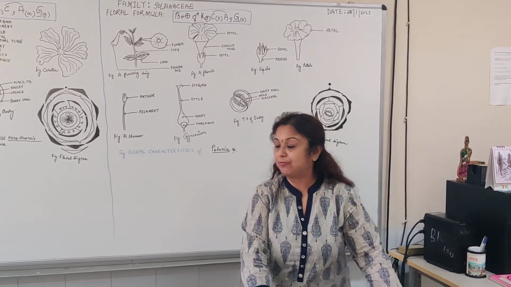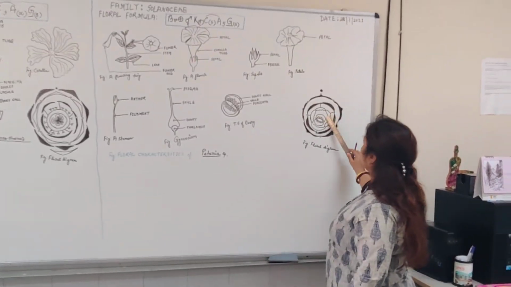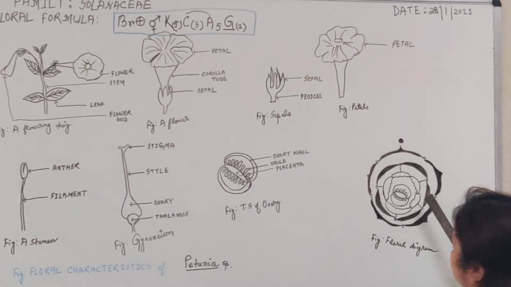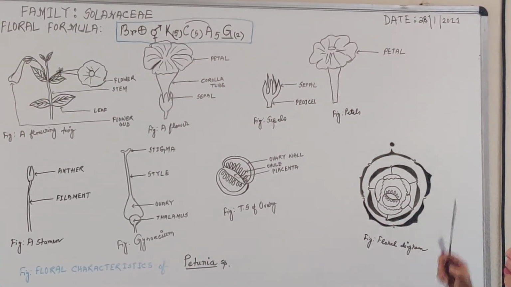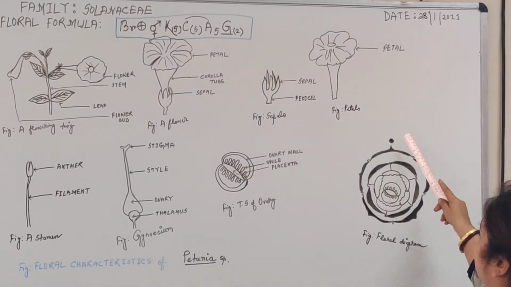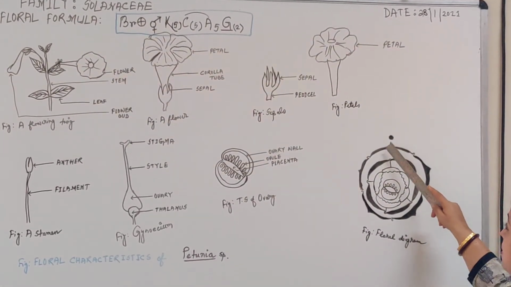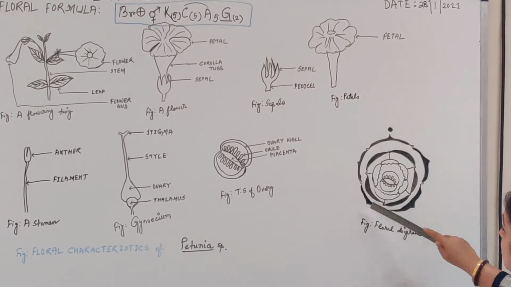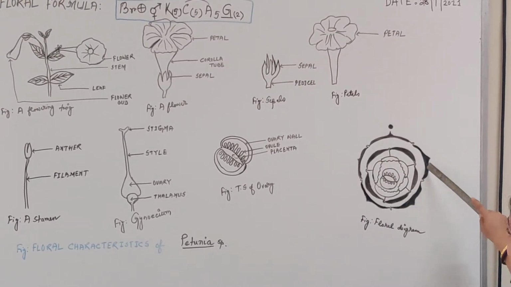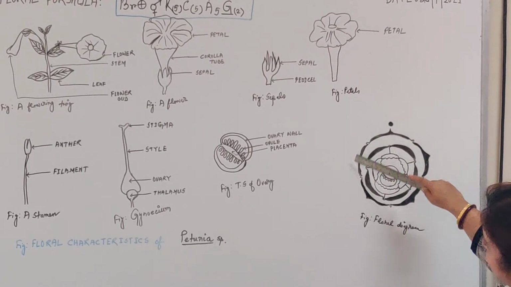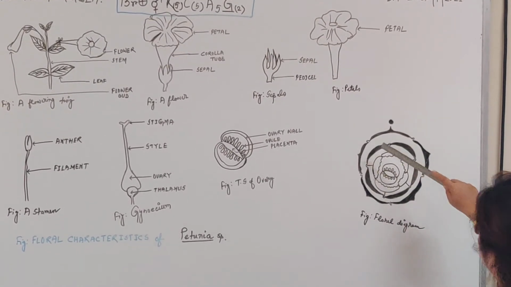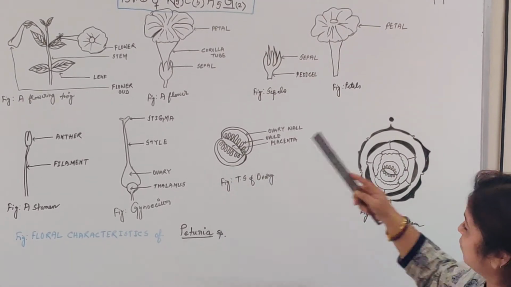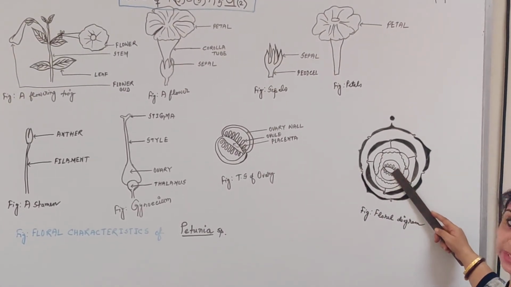That's all. You have to draw the floral formula. Sorry, the floral formula is here and the floral diagram is here. The mother axis is the most important part of any floral diagram, as you know. Then neatly place the sepals, the calyx, the corolla, the androecium and the gynoecium. This TS of the ovary, the exact replica, should be placed over here.